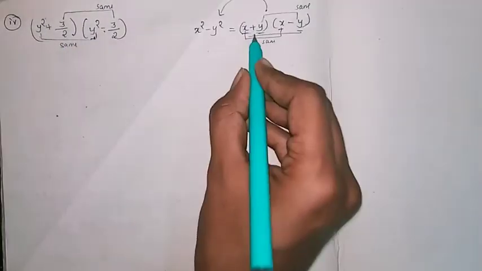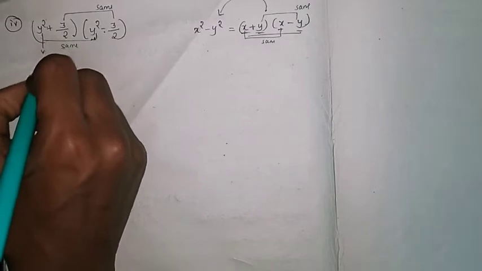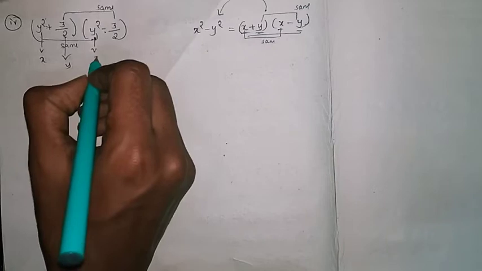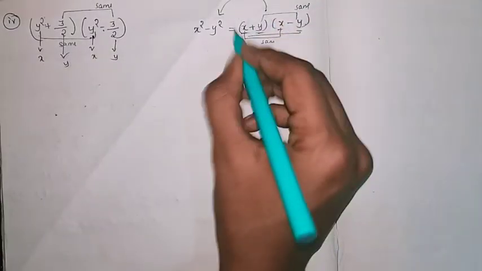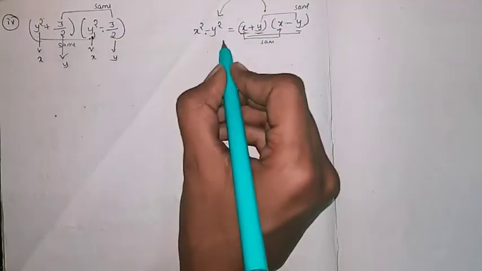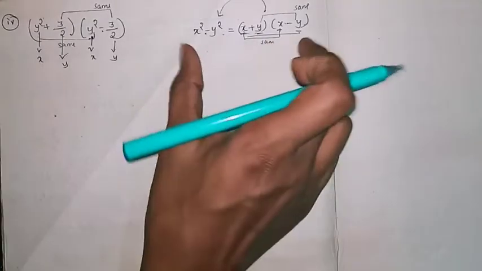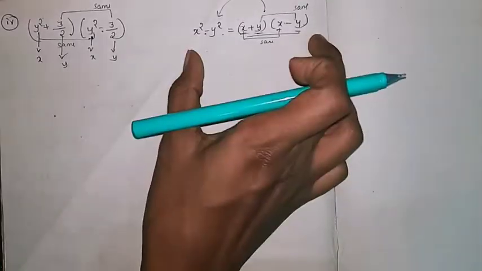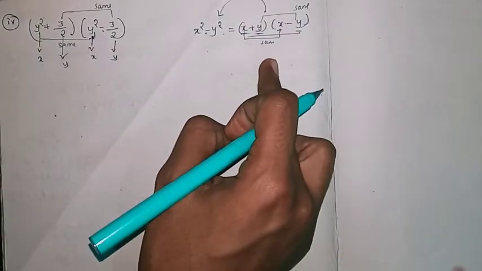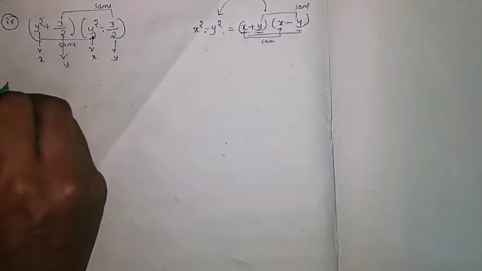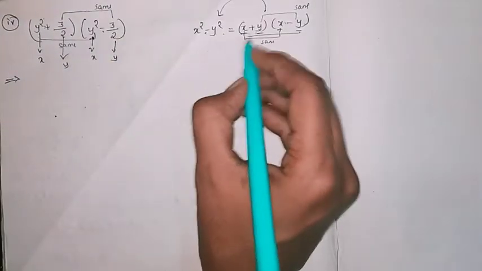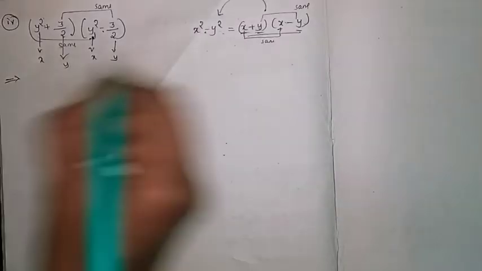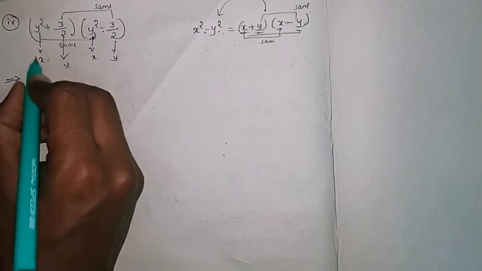Now first we will write which is the x term, this one is the x term, and the second term is y, this one is x and this one is y. So from this we have to write this one. By using this identity, and it is a must, you have to write which identity or formula you are using, otherwise it is not valid. Then by using this identity we can write this equation as x square minus y square,